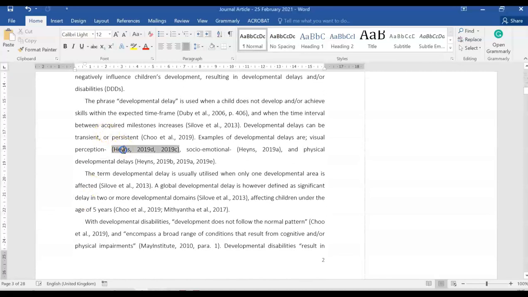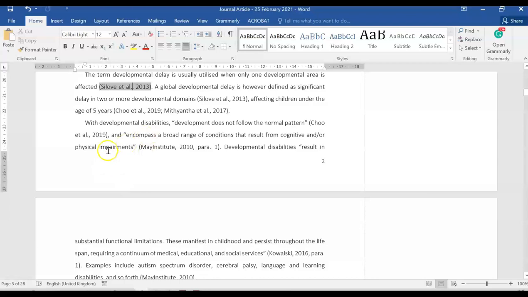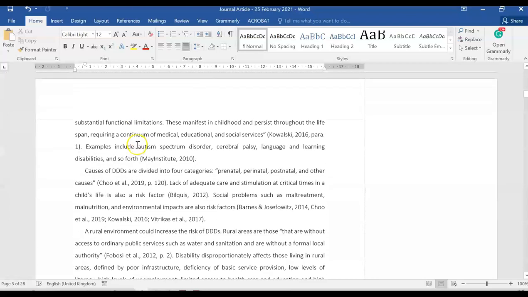So you can see that already there are some references inserted in this document. When it is done in Mendeley, it will show up in gray once you start working on your document. You see, this means that Mendeley is active here and it is working in